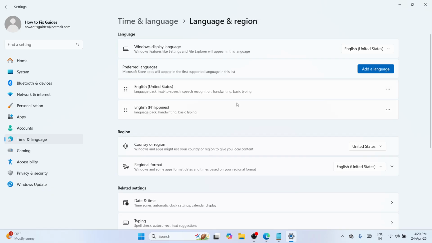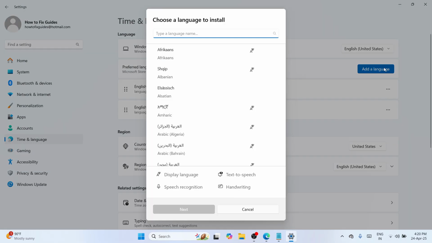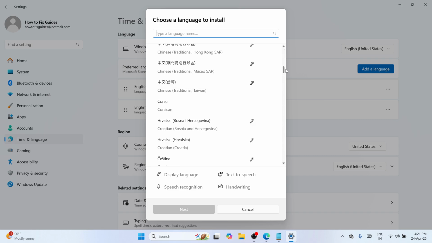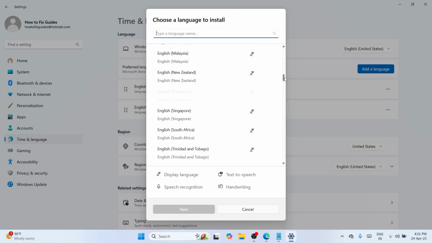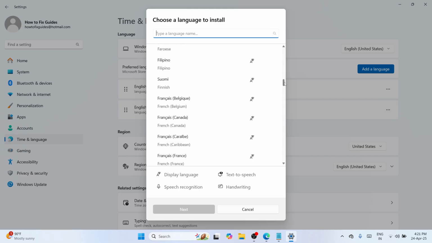So under the language, you can see the preferred languages. Click this add a language. And from here, you would be able to see all of the languages that are available for you. So from here, you can select the language that you'd like to. So let's say, for example, if you would like to set the